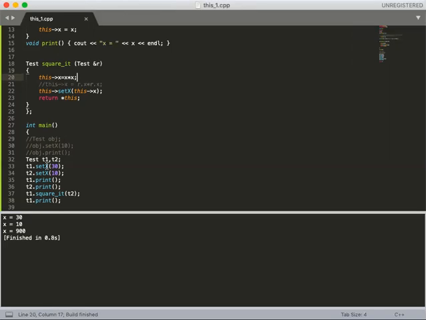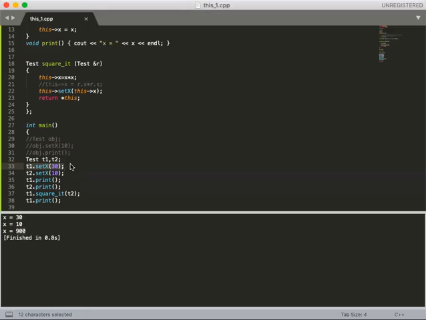And here you go. You can see that the value you have here is 900. And what is 900? 900 is actually the square of 30, which I had set for T1. Now here the value of T2 is not getting squared. The reason for that is